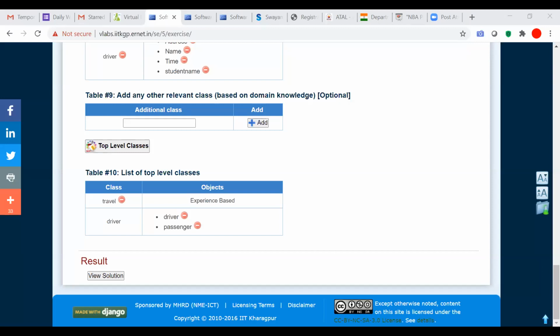Yes, ma'am. So they have given you a scenario to create domain classes and corresponding objects. The given scenario is a cab and taxi booking like Ola, Uber. So the passengers can register themselves to the cab management system. They can book the travel. So they can pay. For the given scenario, they identified these are the various nouns associated with the given problem statement.